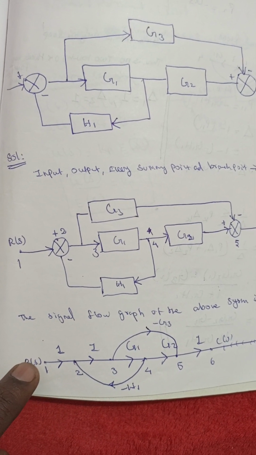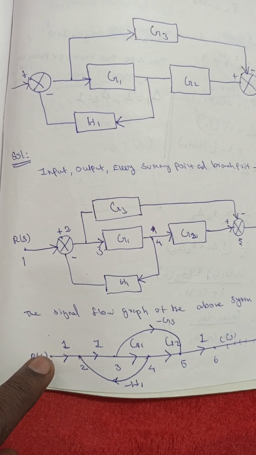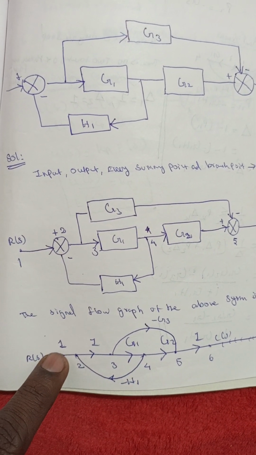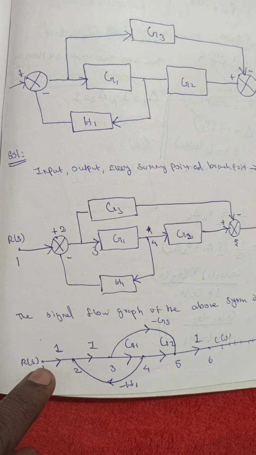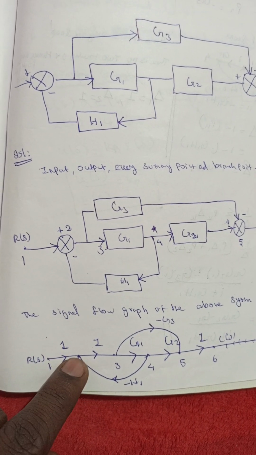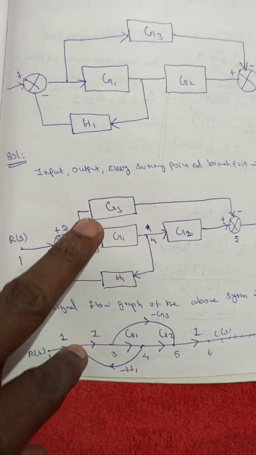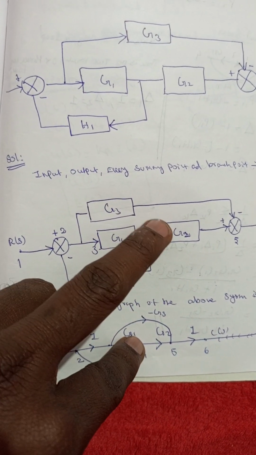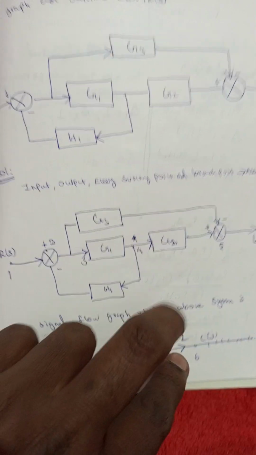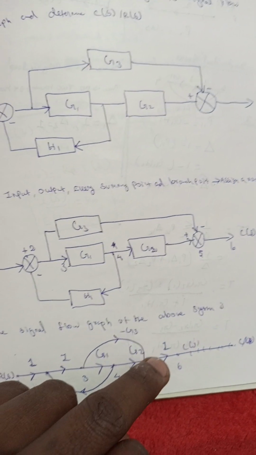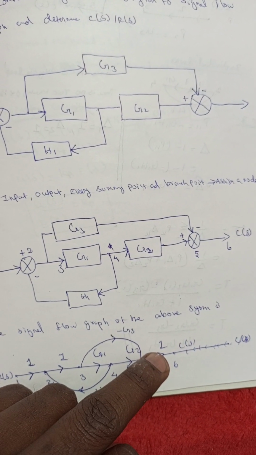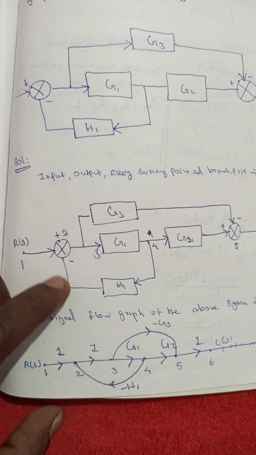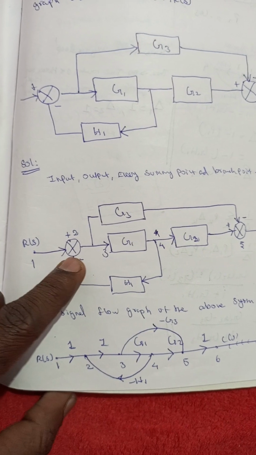and for input we'll mark as 1, and for the summing point we'll mark as 2, and for 3 we'll mark as 3, 4 we'll mark as 4, and for 5 we'll mark as 5, and for output C(s) we'll mark as 6 and out. So here you can see clearly